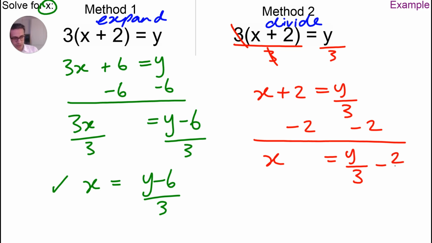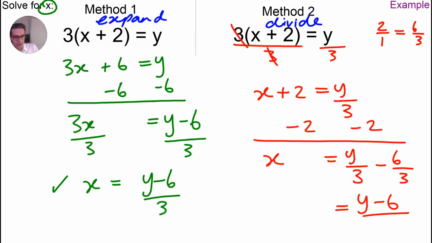Now if you write 2 as a fraction, it becomes 2 over 1. Now 2 over 1, just on the side here, I'm going to write 2 over 1 is actually equal to 6 over 3. 2 over 1 is just 2, 6 divided by 3 is also 2. So we can replace 2 over 1 with 6 over 3. You're going to see why in a second. And then I can just combine this. Y thirds take away 6 thirds is the same as y